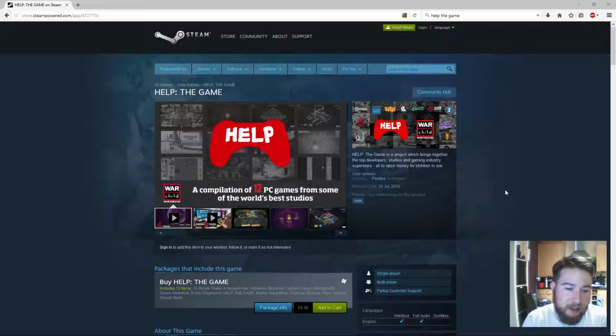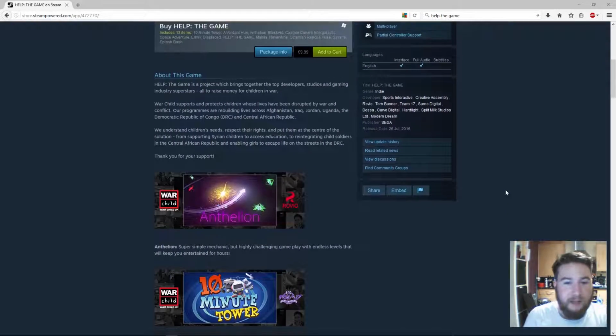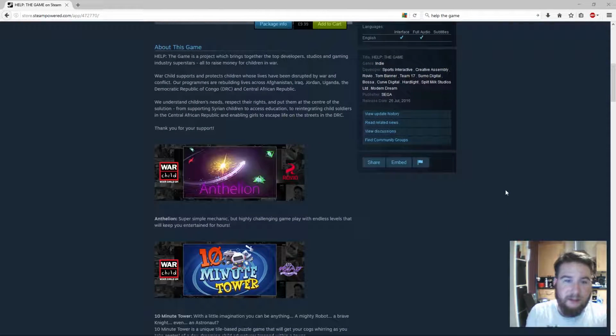Today I'm going to be looking at Help the Game, which is available on Steam for £10 at the moment. It's not strictly speaking a game in itself, it's a compilation of 12 games from a variety of studios. It is a charity effort, so I'm going to read what it says on the Steam page just to give